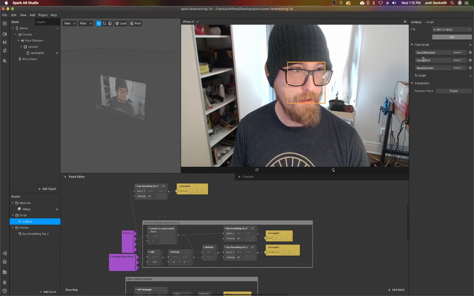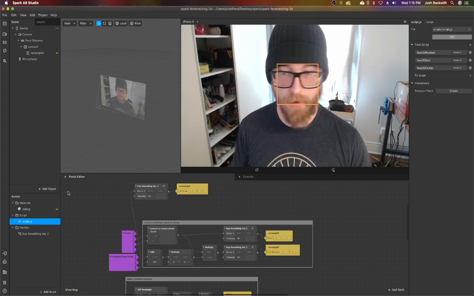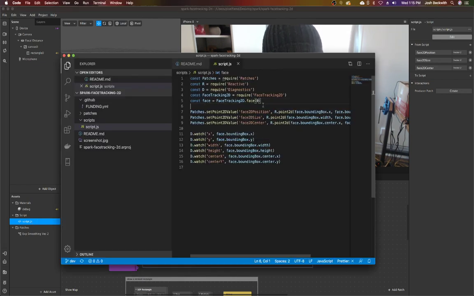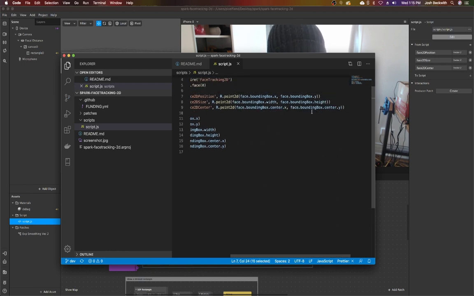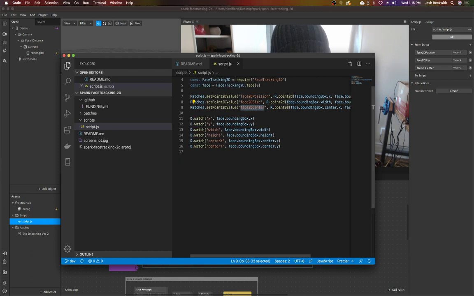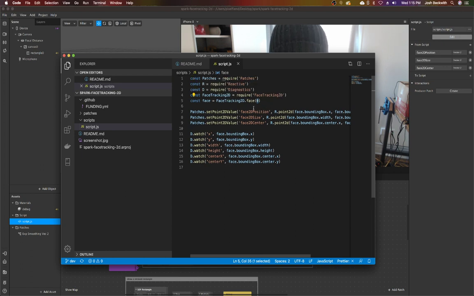and that's just pulling the information from script land. So it gets the position, size, and the center point for the first detected face. So you can build this out more and support more faces, but just for this demo, it's one face. And then just for debugging purposes or to help your understanding of how it's working,